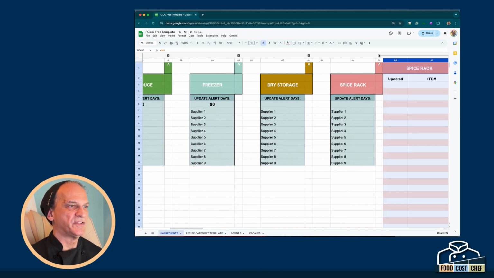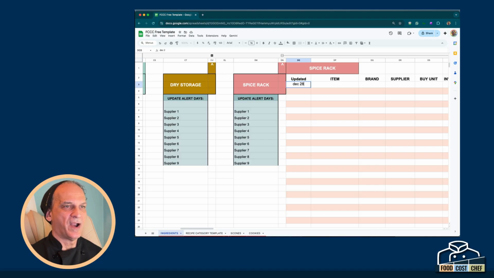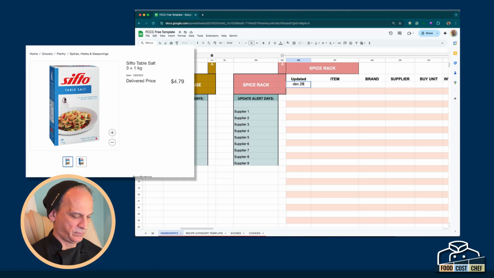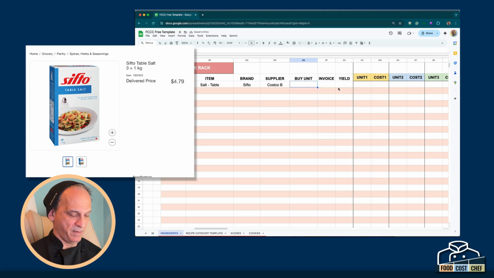Let's start over here in the spice rack category where I need to add salt. I'll do a few of these slowly. Once you get a good system for adding your ingredients, your recipes can be popped out so quickly. Okay, start with the date. This will format by itself. Ingredient, name, supplier, by unit. This is basically how the ingredient arrives from your supplier. In this case, it's 3 times 1 kilogram boxes of salt,